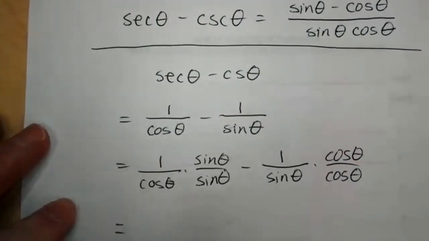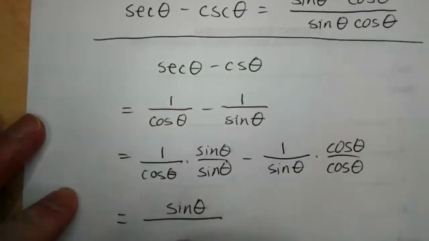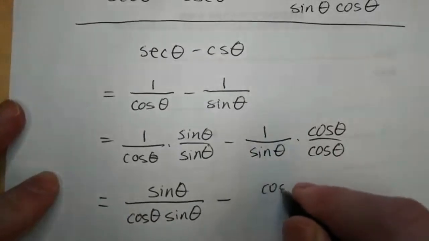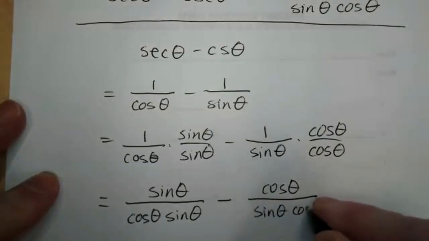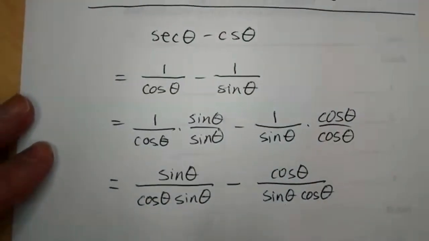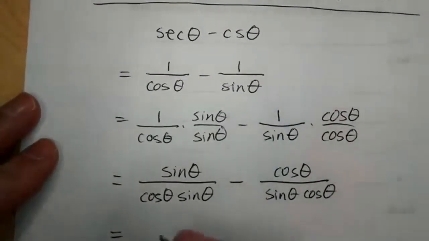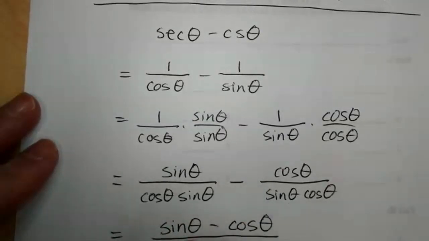And this is going to give us common denominators because you're going to have now sine theta over cosine theta sine theta, minus cosine theta over sine theta cosine theta. So now you can clearly see the two denominators are equal, and so I can subtract these two fractions. I can combine them into one fraction, sine minus cosine over cosine theta sine theta,